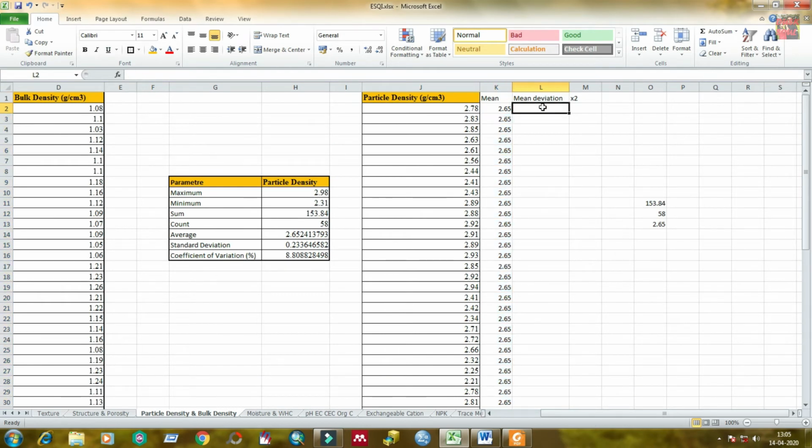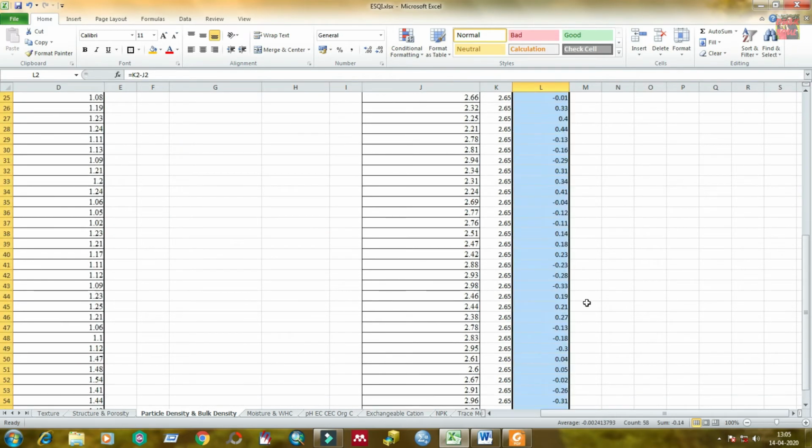Time to calculate the mean deviation. For this purpose, you have to select the mean value first, then press minus, then select the actual data, and you will get the mean deviation. After calculation, drag the cursor downwards until the last data to apply this function for all data.